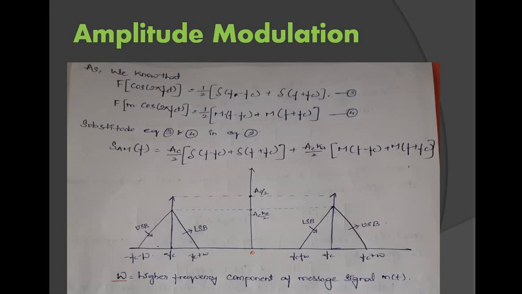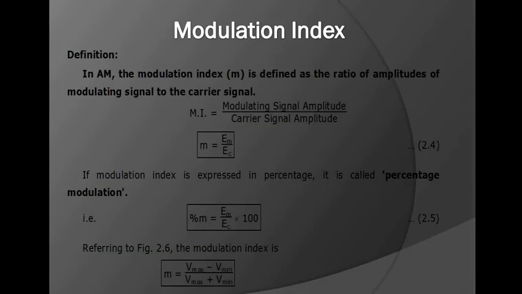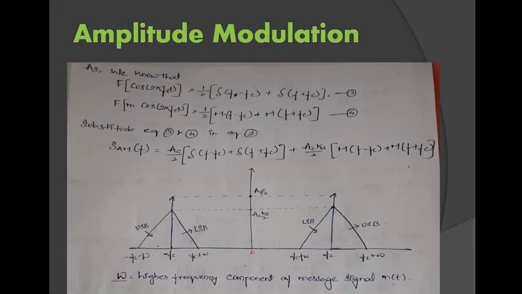So this is the drawback of your amplitude modulation signal, that your bandwidth is doubled. Bandwidth BW is equal to 2 omega, that is 2 times the higher frequency component of your message signal. That is the drawback. And one more drawback of amplitude modulation is noise reception.